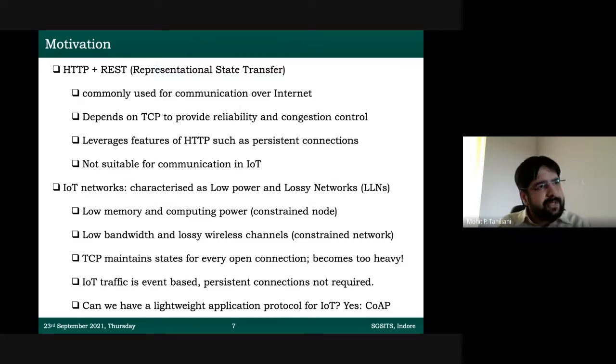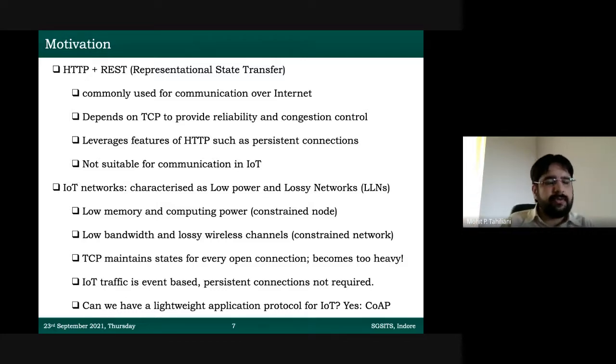So you say every 3 hours, please send me the temperature data. Now that's an event which is going to happen regularly every 3 hours, and you don't want to establish a connection for every 3 hours. That doesn't make sense. So persistent connections are not required. You don't want to maintain a connection for 3 or 4 hours. We want to get rid of this whole connection establishment process, and that's why we use UDP in IoT.